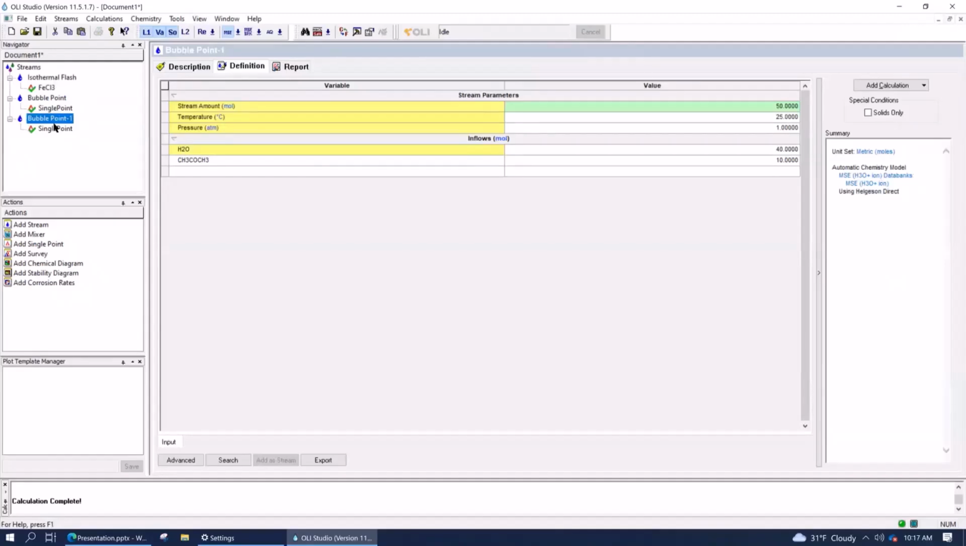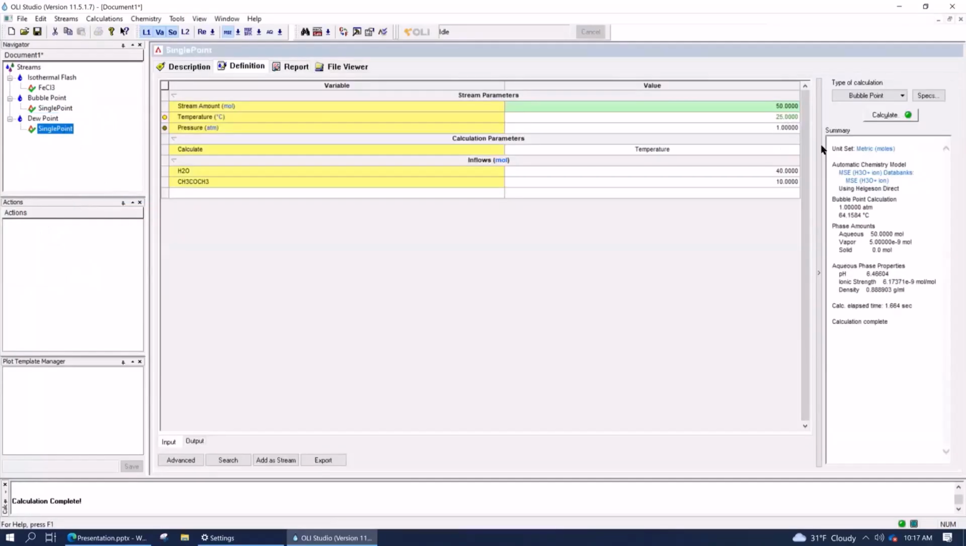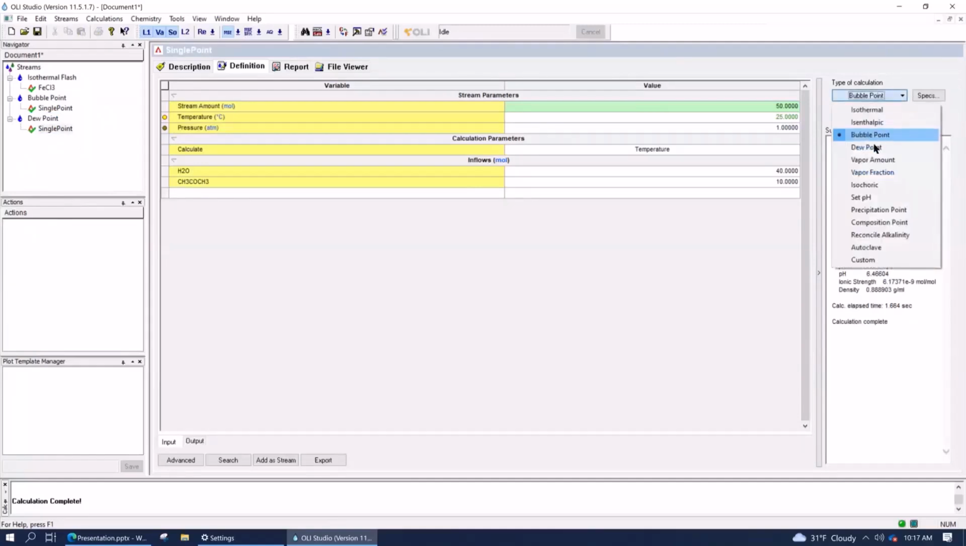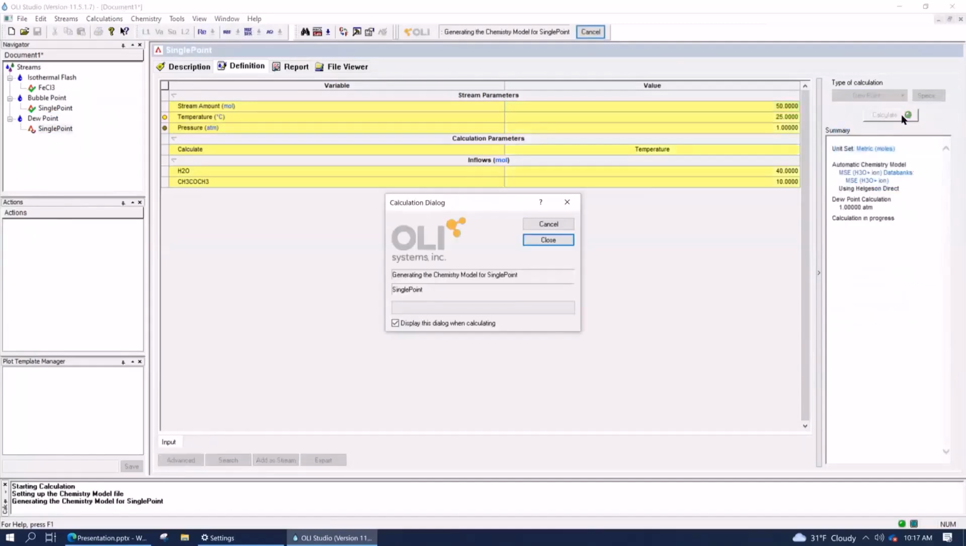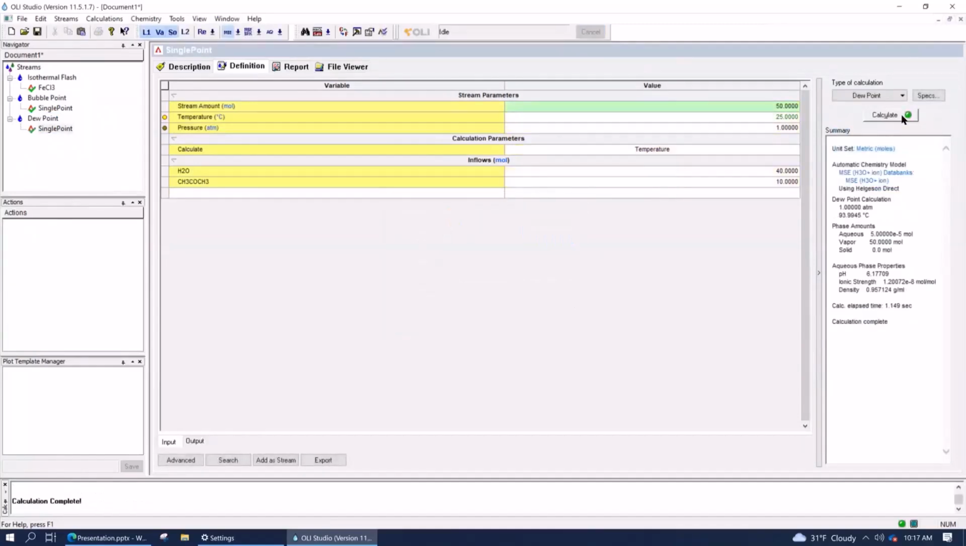What you're going to do now is rename it, call it dew point instead. You'll go to the single point calculation underneath it, change the calculation type from bubble to dew point, and then press calculate. Now the actual values are not that important, but I do want to at least go through what the software did with you. Okay. So now what the software has done is it's put everything in the vapor phase essentially